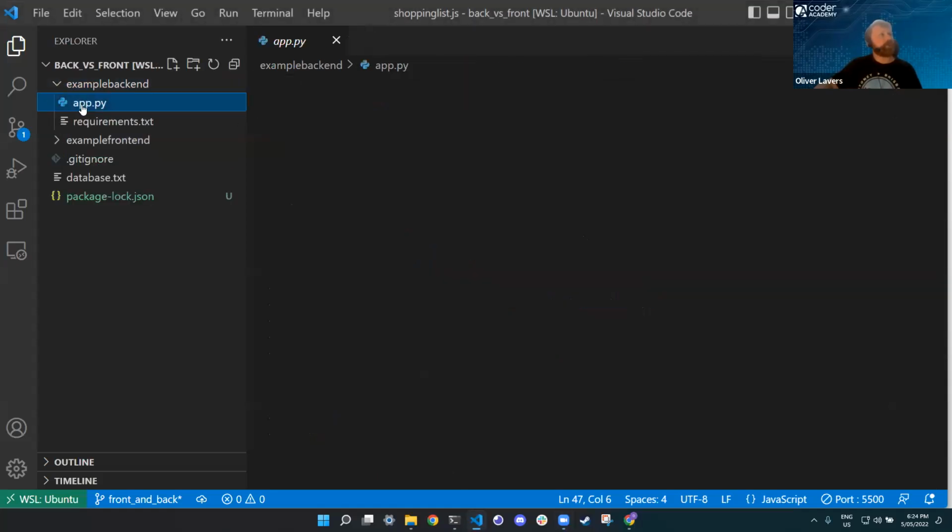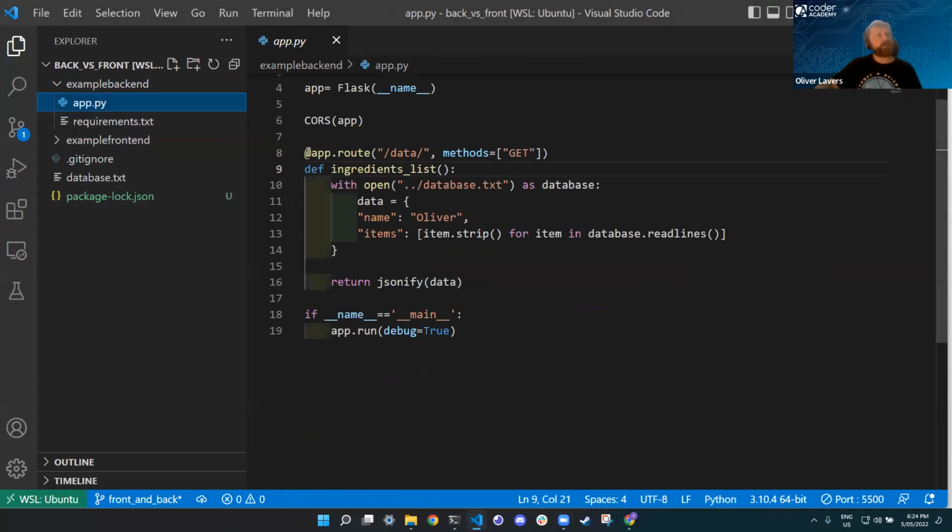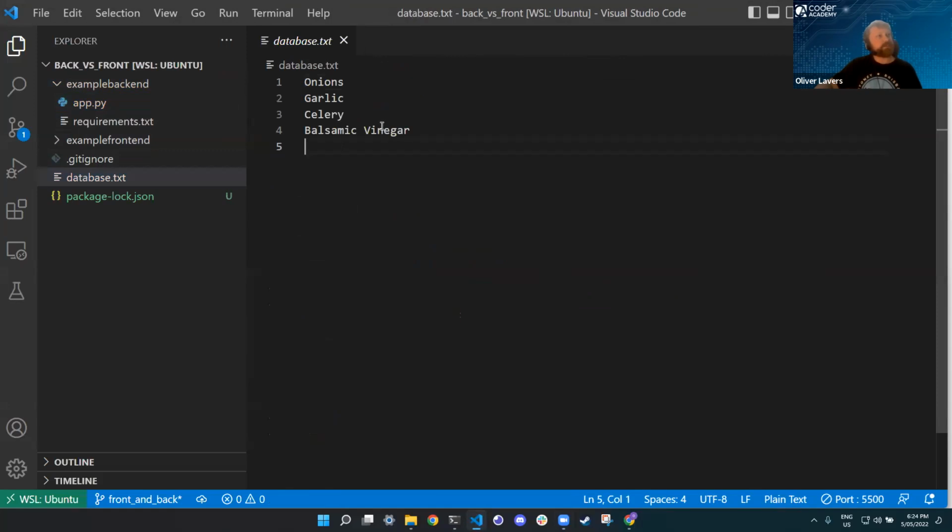I've got a little program here whose job it is to go away and get that information. And my database is going to be something as simple as, in this case, a .txt file. It's not a real database, but it's pretty good, at least for a demonstration like this, when it works correctly.